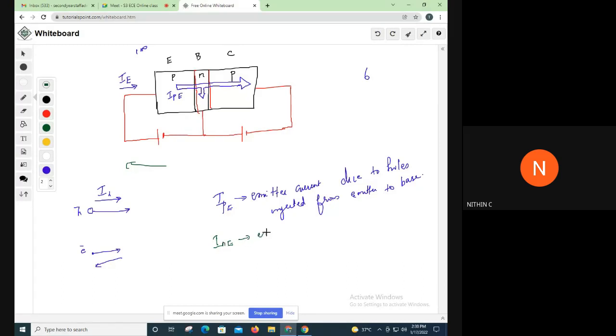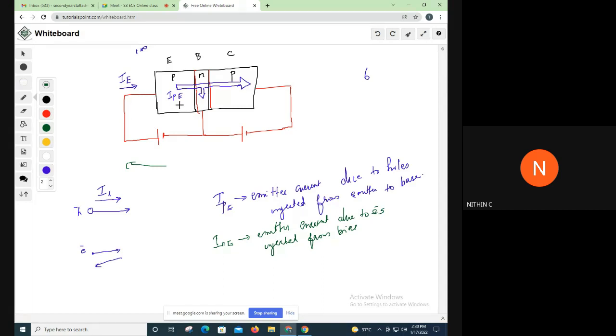So this will be the emitter current due to electrons, either injected from the base, or due to the presence of minority carriers in this region. That is, on this N type, with the negative terminal here, we have electrons. Either this negative terminal can oppose or repel the electrons towards this side. The electrons here are the majority carriers in this region. They will be repelled towards this direction, or you can say they will be attracted towards the positive terminal.